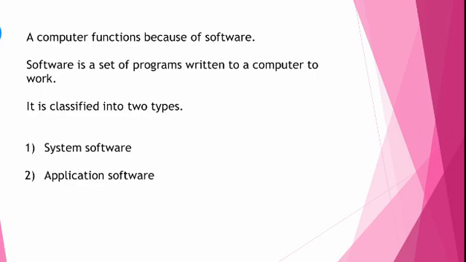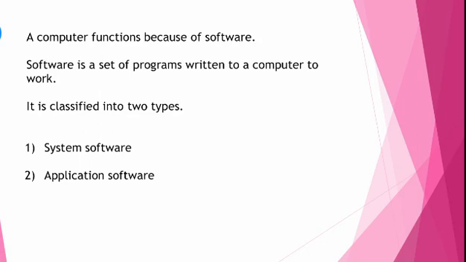What is meant by a program? A set of instructions. Whatever the computer does, it works on the basis of our instructions. It cannot work on its own. So we human beings, the users, have to give a set of instructions to the computer. That set of instructions is called a program, and a set of programs is termed software. This software is very helpful for the computer to function properly and successfully. Software is classified into two types: system software and application software.